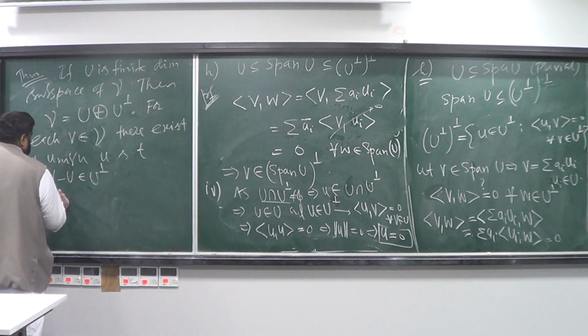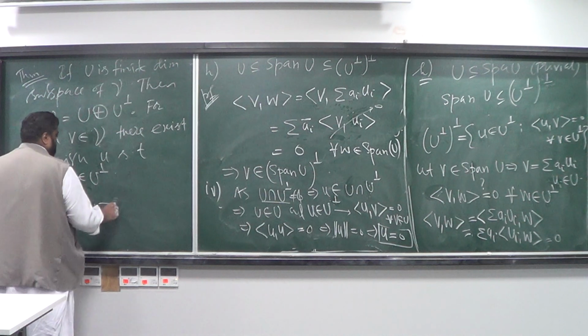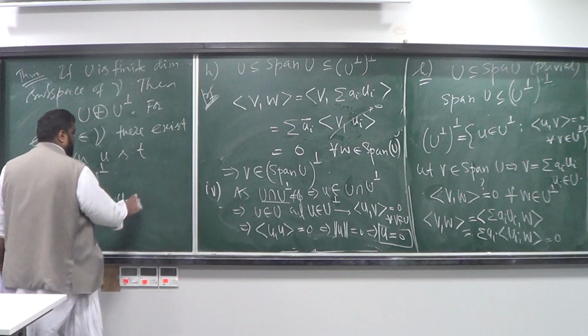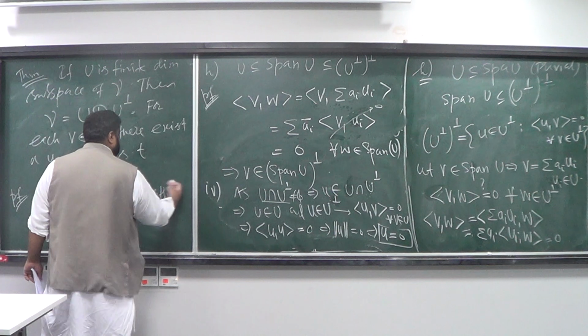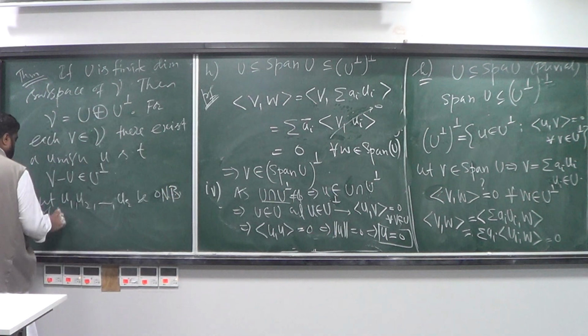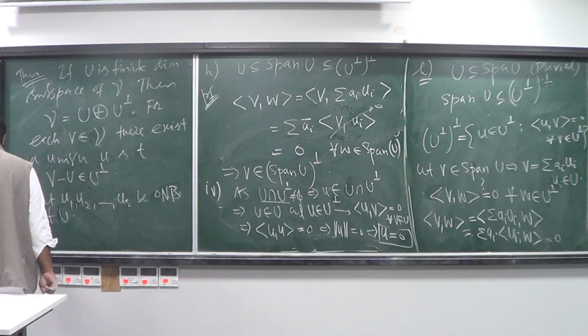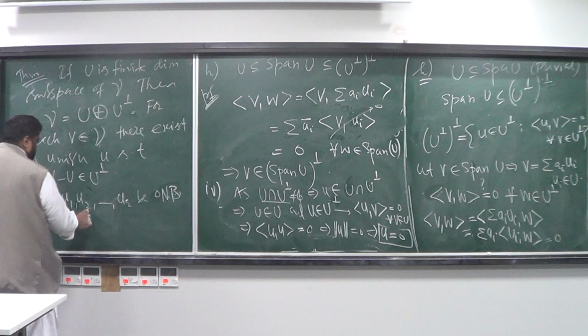So let U1, U2 up to UR be the orthonormal basis of U. Okay, so it's an orthonormal basis of U. Now, if this is the case, if you take say